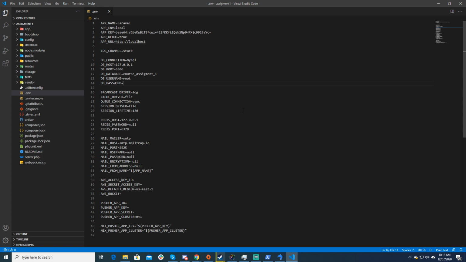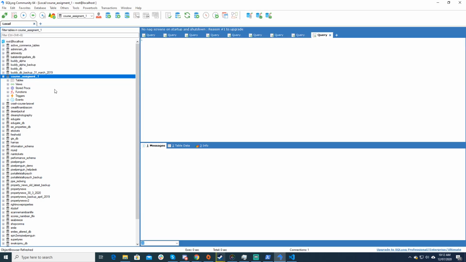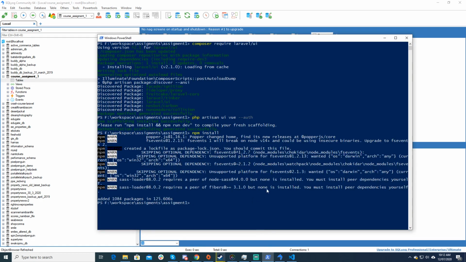So the first part I usually do is I create the migrations first. You will notice inside course assignment there's no tables, so let me do that first. So I'm doing this like PHP artisan migrate. The first table I want is invoice,